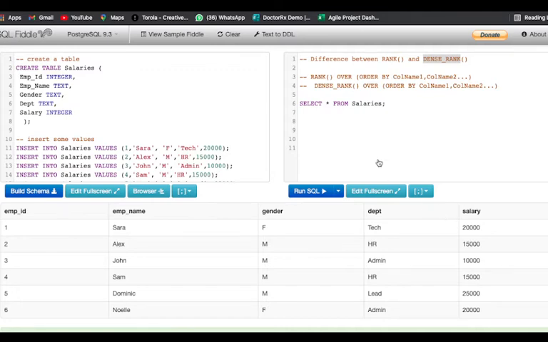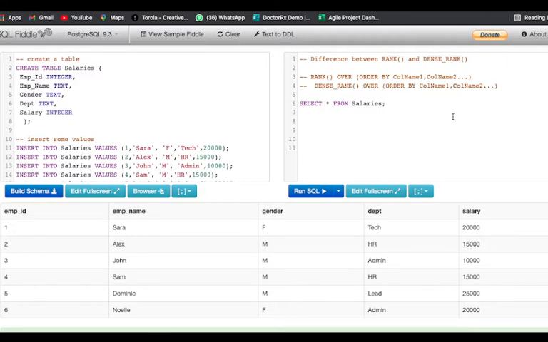The syntax for rank and dense rank is pretty simple. We use the rank function. It doesn't have any parameters, so you just put the parenthesis there. After that, you'll use the keyword over, and then you can order this by any column that you like. Then we have the dense rank function, which is similar to the rank function, only we have replaced the rank function with the dense rank function. We have the over keyword, and then you will order this by. Now let us understand this with an example.